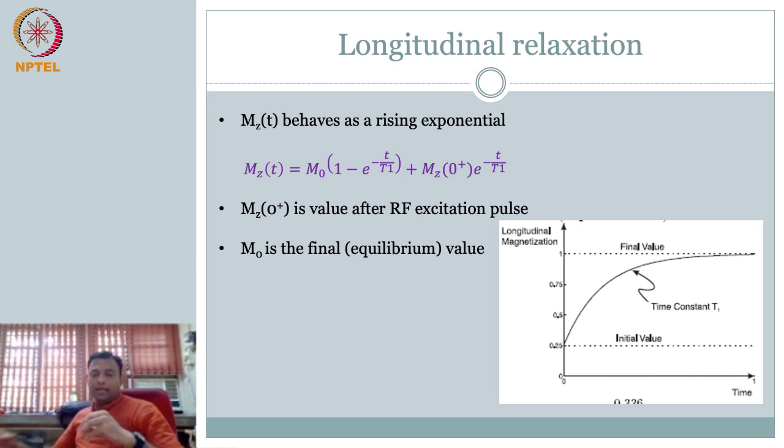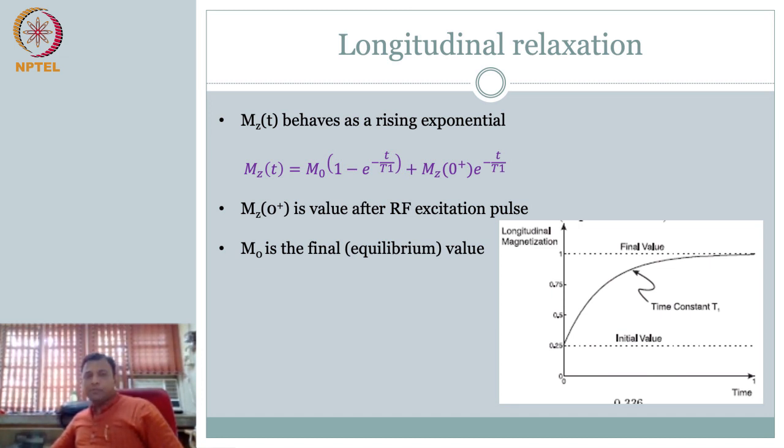So the last part on the relaxation is your rising exponential. What do I mean by rising? The longitudinal relaxation, the MZ. The dephasing happens, signal reduces, complete dephasing happens, your XY goes, but all this time the excitation pulse is off, so the magnetization vector is trying to come to its equilibrium. The static magnetic field that is always there, it is trying to come there. So your Z direction, MZ of t, is a rising exponential. Of course, it is rising using a time constant T1, right? It is taking its own sweet time to come to that.